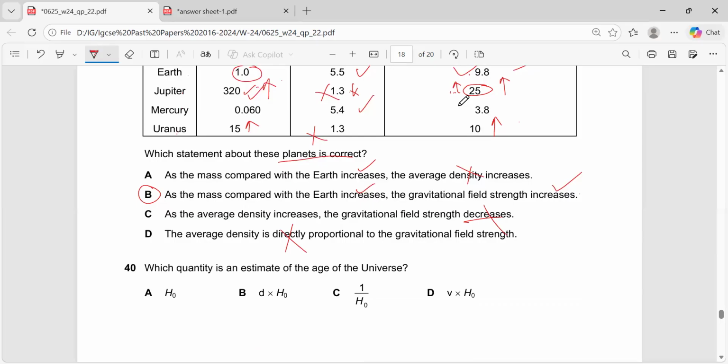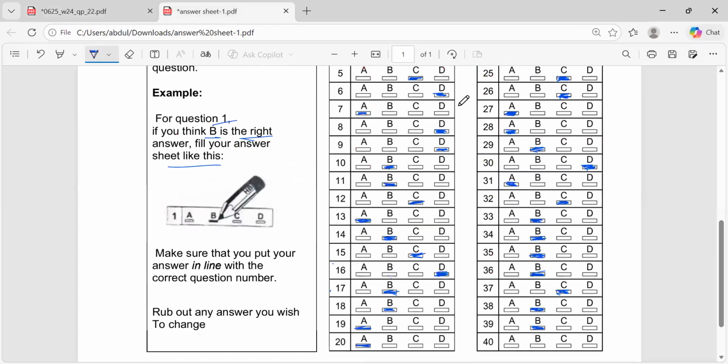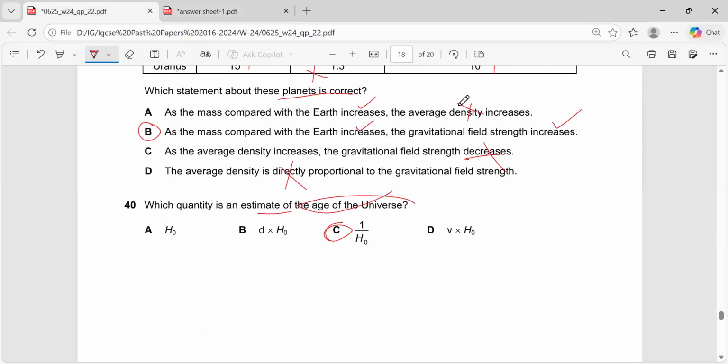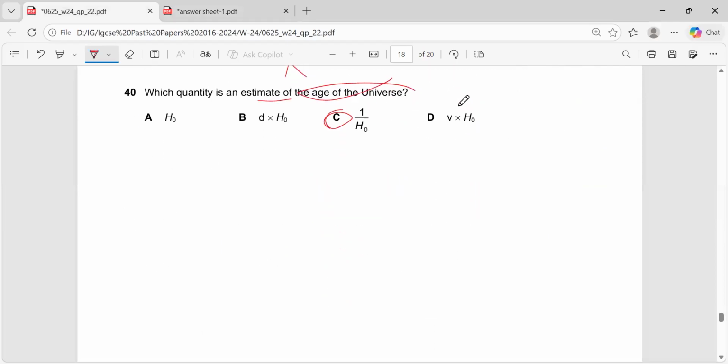So which quantity estimates the age of the universe? Simple straightforward answer is C. So the answer for 40 is C. You may be thinking, sir, why did you do it directly? We don't remember. You should remember it by the final exam. But no problem. We know speed is equal to what? Distance over time. They talk about the age of the universe, which means they are talking about time. So if I make time the subject of the equation, it will become